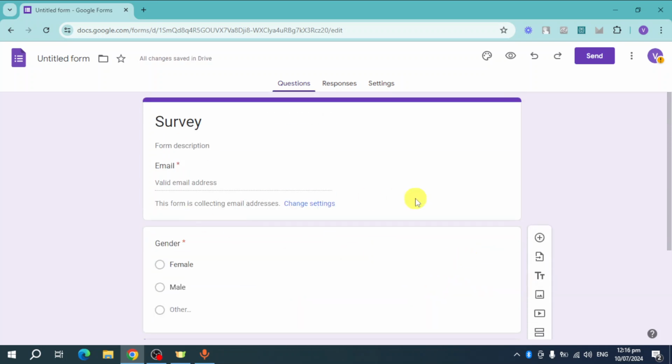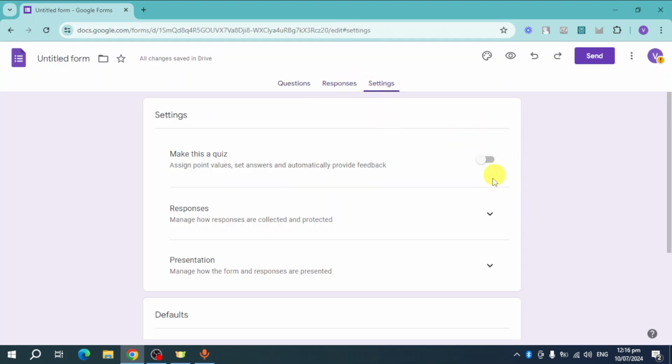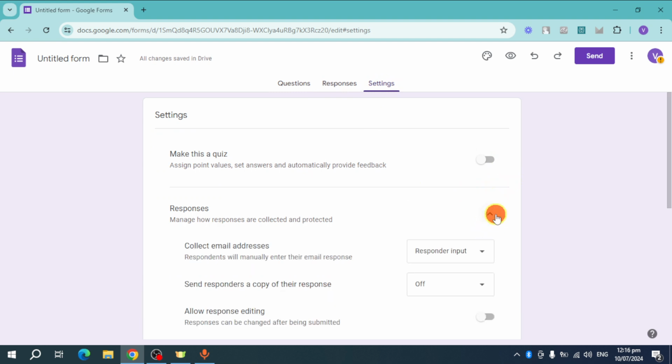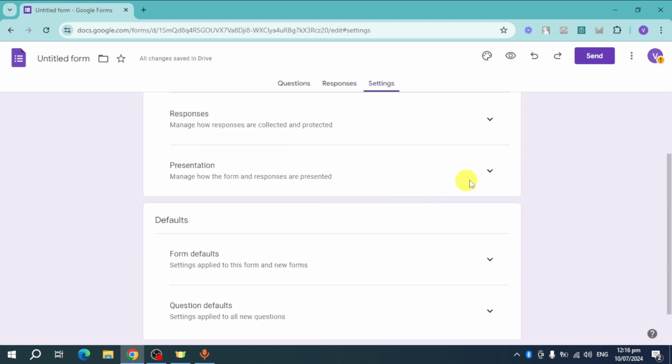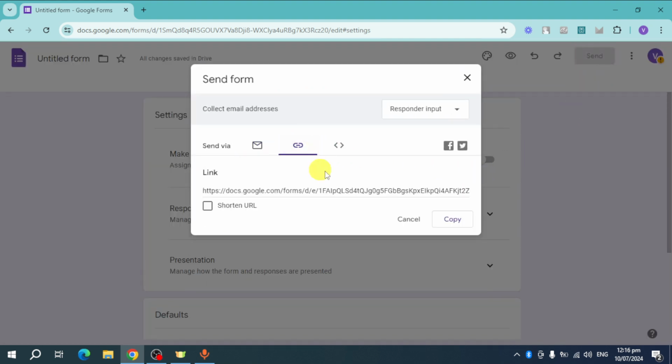So you can head over and then create in here a form or a survey that you want to use. Then you can also see in here the responses that they will have, and then also the settings that you want. You can make this a quiz and you can also manage your responses, your presentation, form defaults, and the likes. Once you're done with that, just click on the send right here